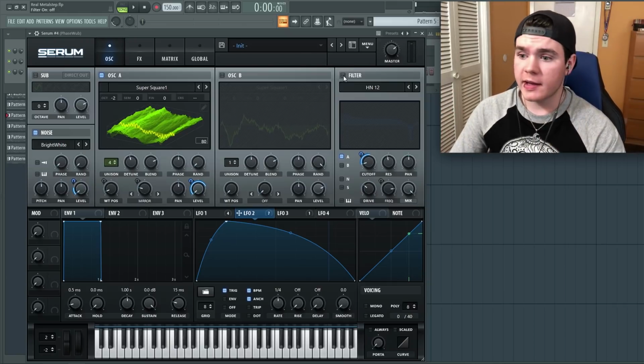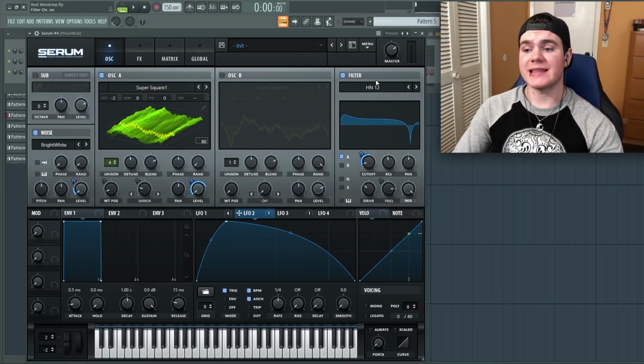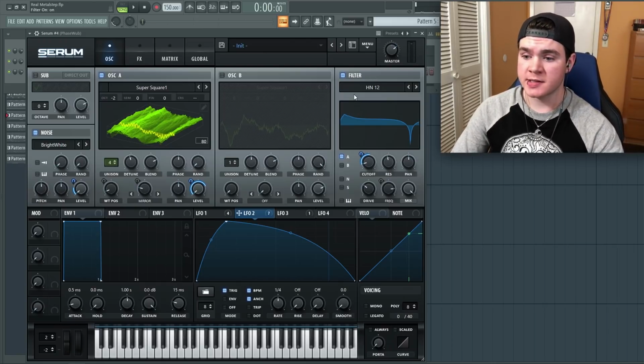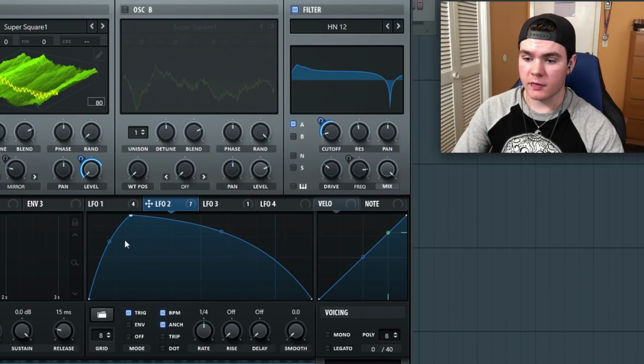After that, let's go ahead and flip on the filter. Of course, we're using the ever popular high notch 12. You hear that a lot in dubstep these days. And just A is going through it. We're not routing the noise through it. But what we're doing here is we're using the cutoff, modulating up with LFO2 right here, the main modulation, to create that vowel sound. It's got quite a bit of resonance, so we're getting quite a peak there in the high pass filter. And then we're using the frequency